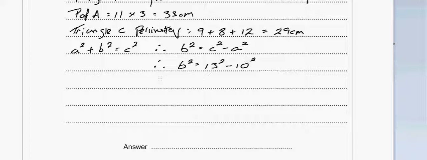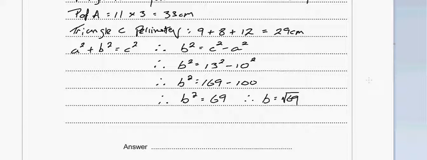Okay, so therefore b squared equals, now 13 squared is 169 minus 100, so I can say that b squared equals 69, so b must equal the root of 69. So I would just go to my calculator,